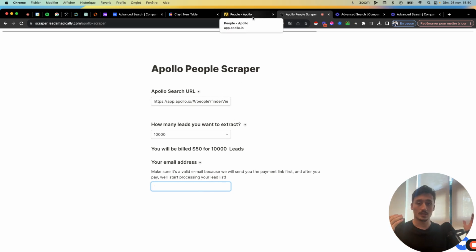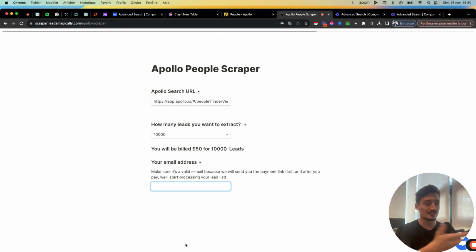That's how you can scrape leads for free on Crunchbase. Well, obviously there's a little cost here to scrape on Apollo, but you can get all the companies you need on Crunchbase, and then you can run this to find the contacts on Apollo. I also believe you can find contacts directly in Clay. I could do another video on that in the future, but that's a